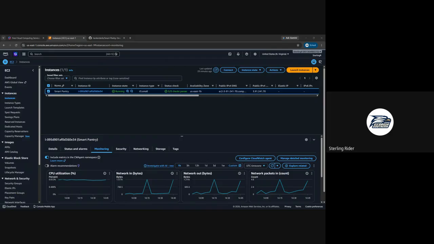We've gone with the T3 small instance type. This is running Ubuntu Server 24.04 LTS. We got 2 gigs of RAM and 20 gigs of storage. You see that we have a public IPv4 address there